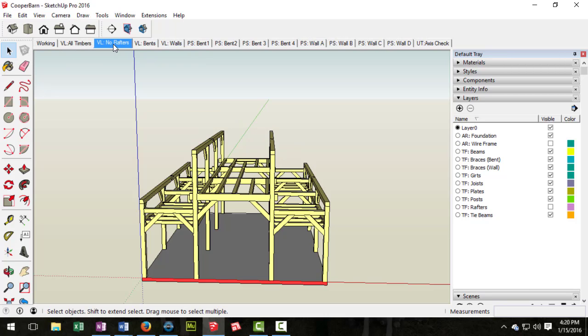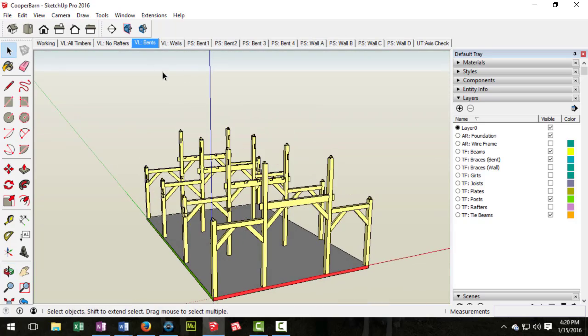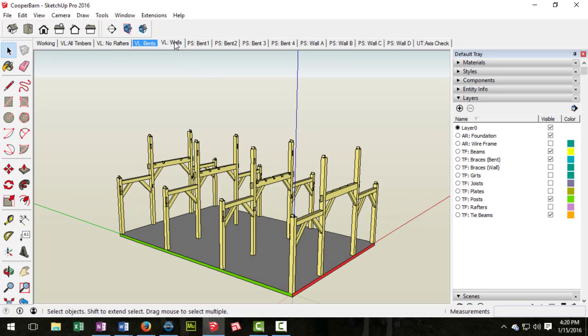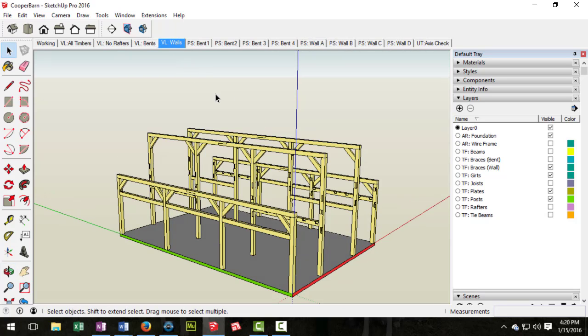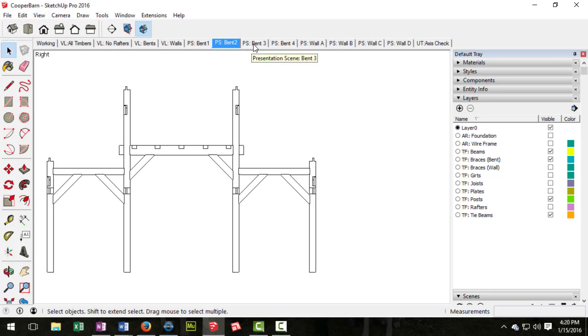VL no rafters is a quick way to hide all of your rafters. If you click on the bents scene, you'll see only the bents in the frame. Same with the walls tab. And then there are a number of PS scenes, which are presentation scenes, which are set up for printing shop